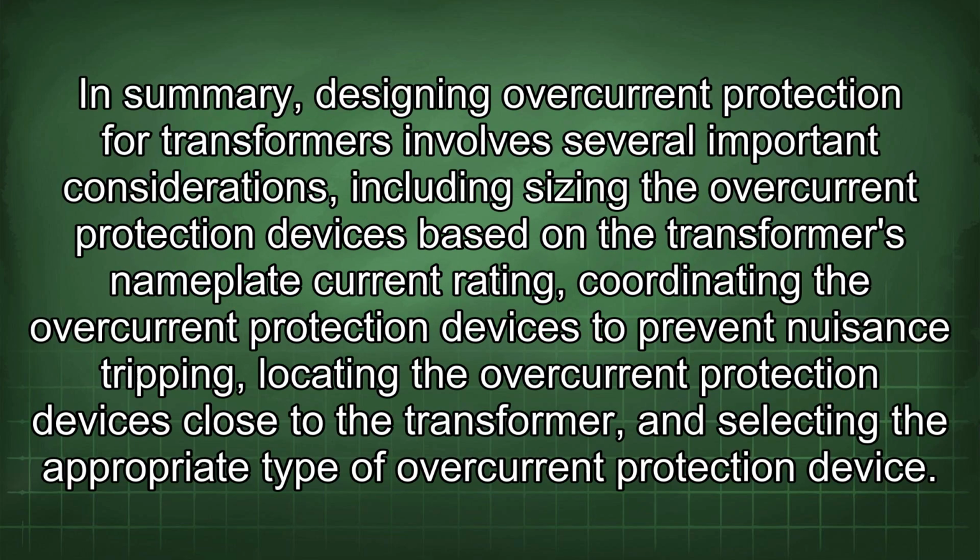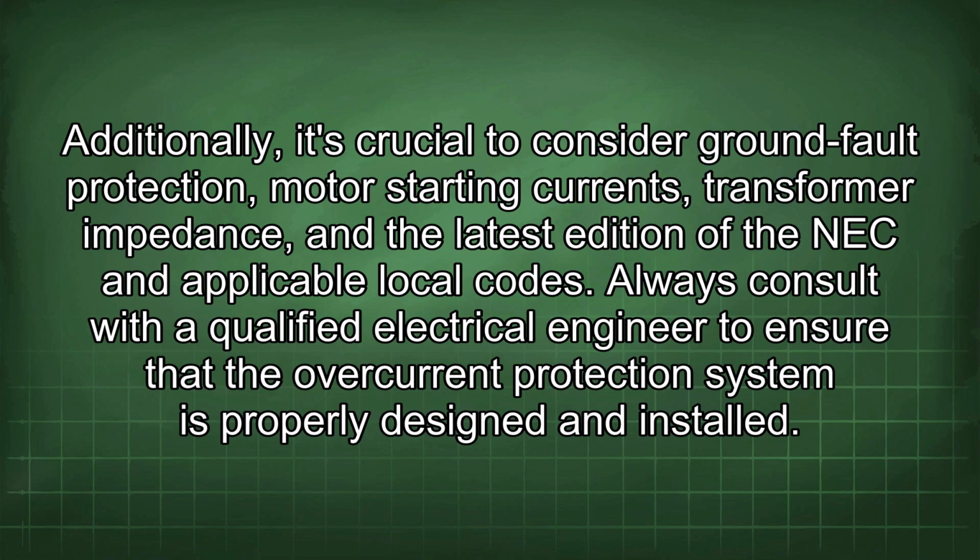In summary, designing overcurrent protection for transformers involves several important considerations, including sizing the overcurrent protection devices based on the transformer's nameplate current rating, coordinating the overcurrent protection devices to prevent nuisance tripping, locating the overcurrent protection devices close to the transformer, and selecting the appropriate type of overcurrent protection device. Additionally, it's crucial to consider ground fault protection, motor starting currents, transformer impedance, and the latest edition of the NEC and applicable local codes. Always consult with a qualified electrical engineer to ensure that the overcurrent protection system is properly